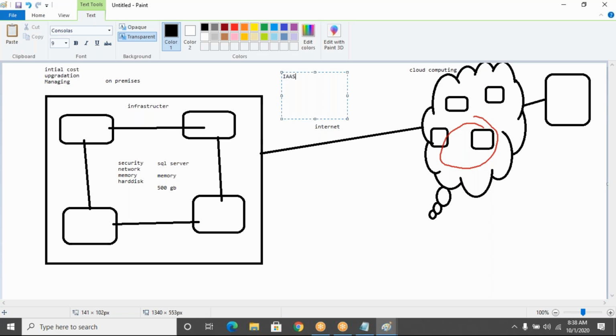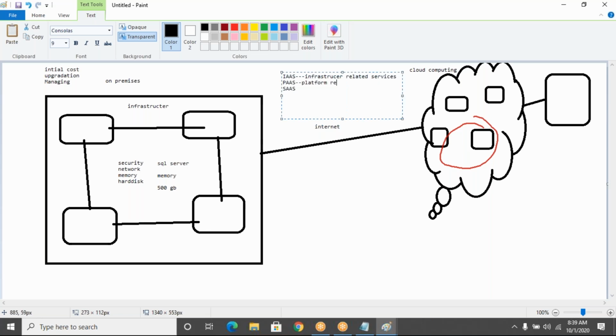One is IaaS, infrastructure related services, which will be organized into one area.